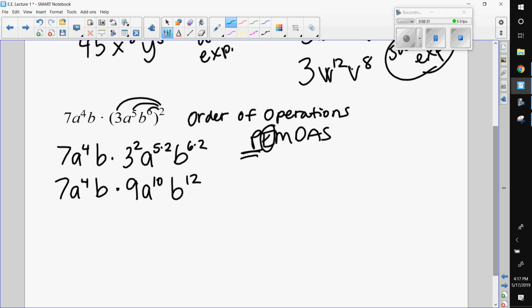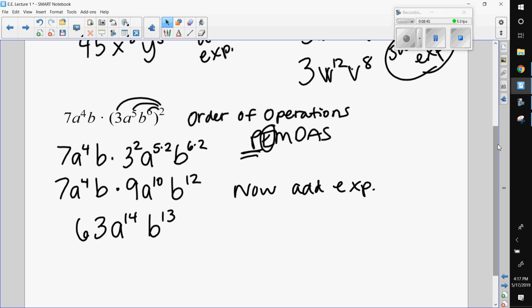And now I can add them. So now I can add my exponents because I've just got multiplication. I've got 63 a to the 14th b to the 13th. Okay, so that's it for the beginning of